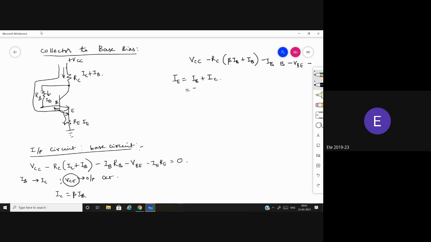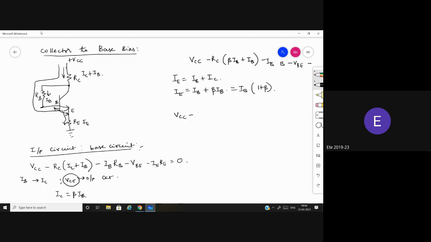Converting again, it becomes IB plus beta IB, which can be written as IB into (1 plus beta). So wherever we have IE, we can substitute it as IB into (1 plus beta). Now substituting it in the above equation, we are going to get